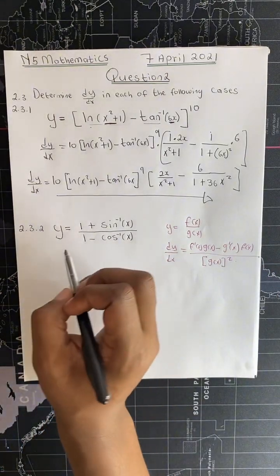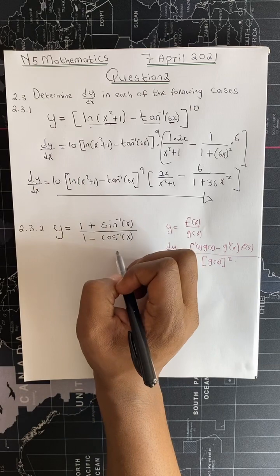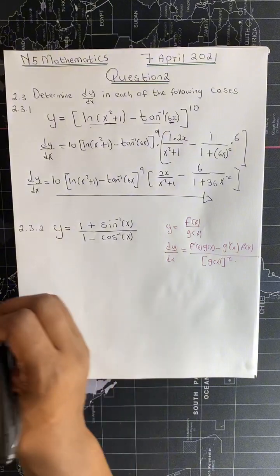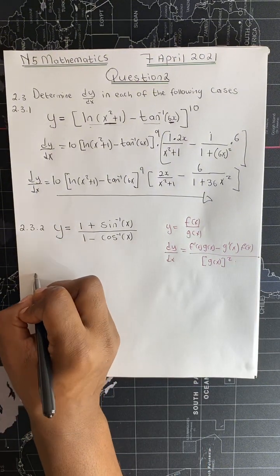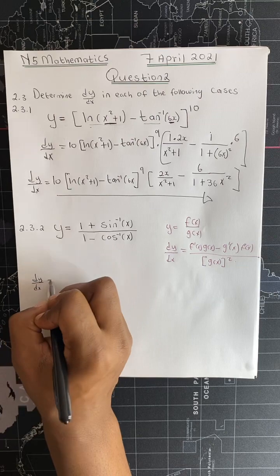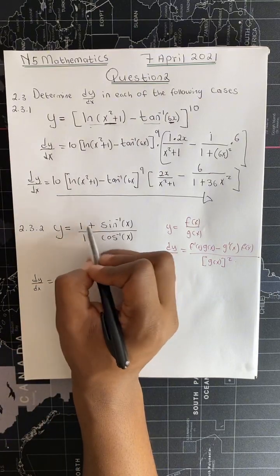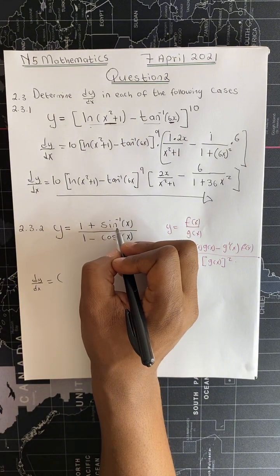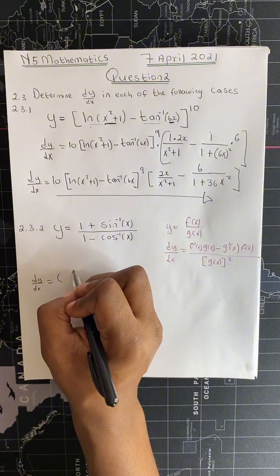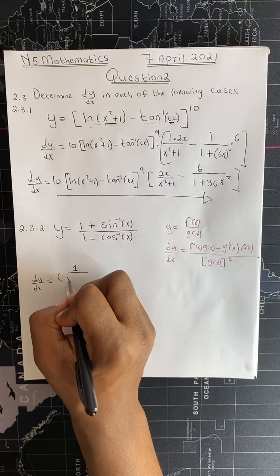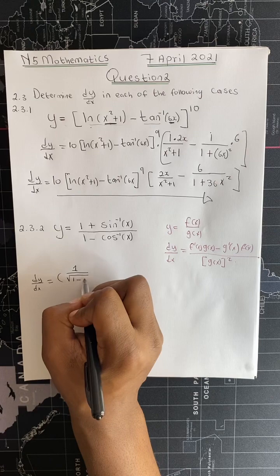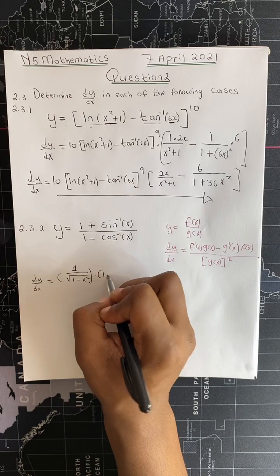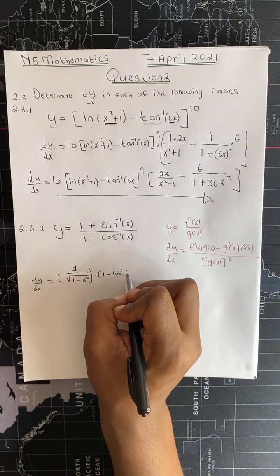So we differentiate y is equal to (1 plus arcsine of x) over (1 minus cos of x) using the quotient rule. So dy over dx, we differentiate the 1 plus arcsine of x. The derivative of 1 is equal to 0. The derivative of arcsine of x is equal to 1 over the square root of 1 minus x squared, multiplied by the denominator 1 minus cos of x